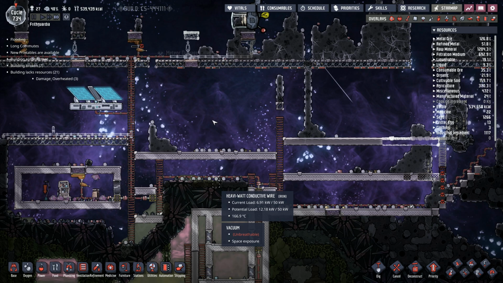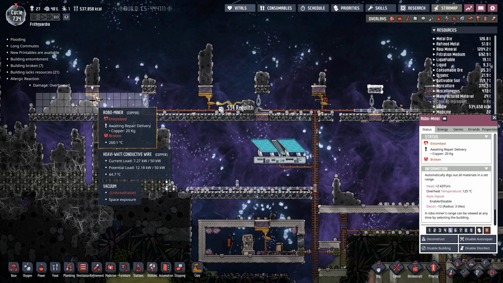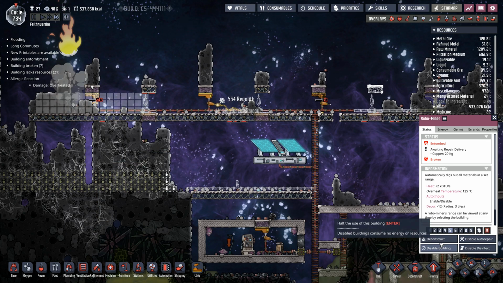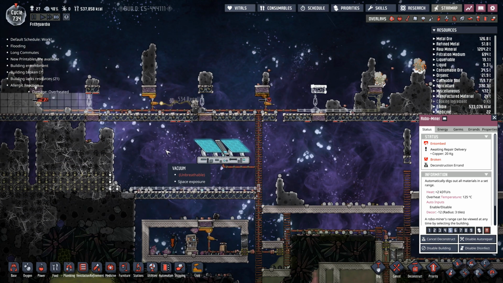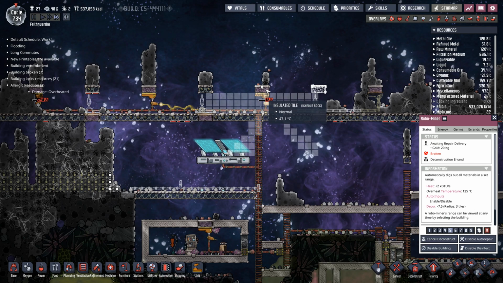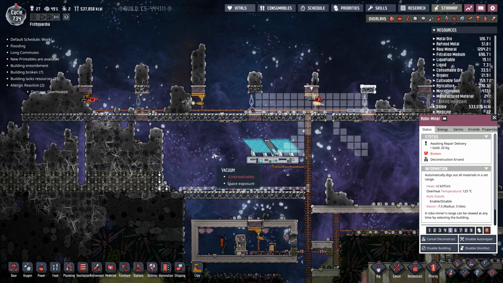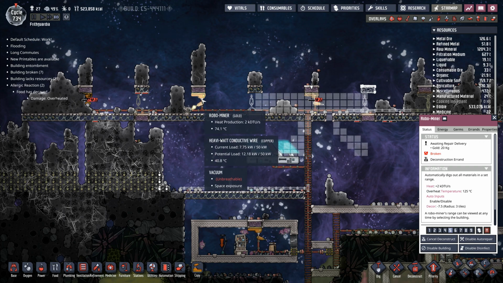Damage overheated. There's not just that one there. It is also that one. Deconstruct you, and deconstruct you as well. So the insulated tile is still pretty cool in there. It's the other bits that we kind of need to deal with. You right there, you...